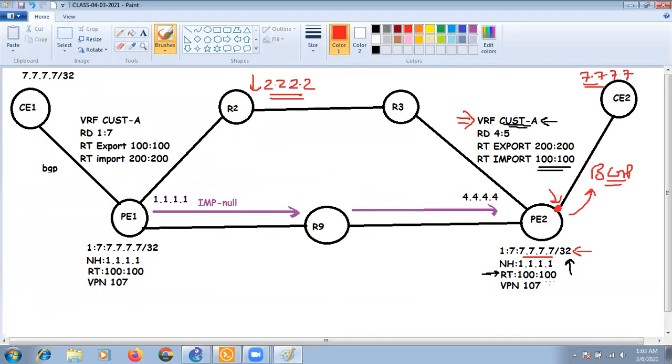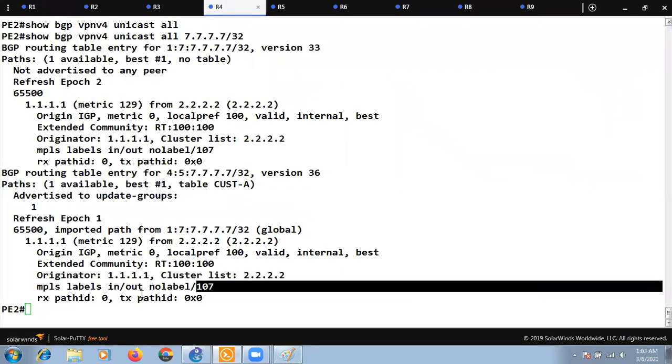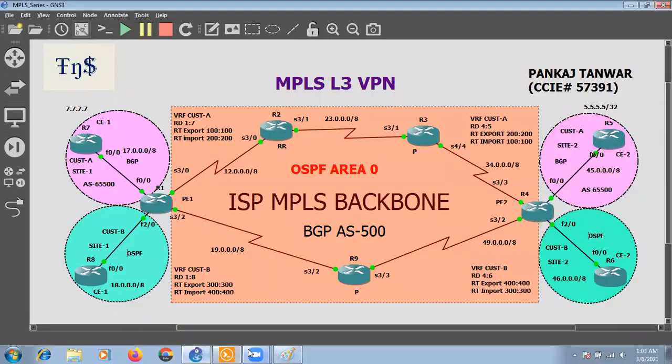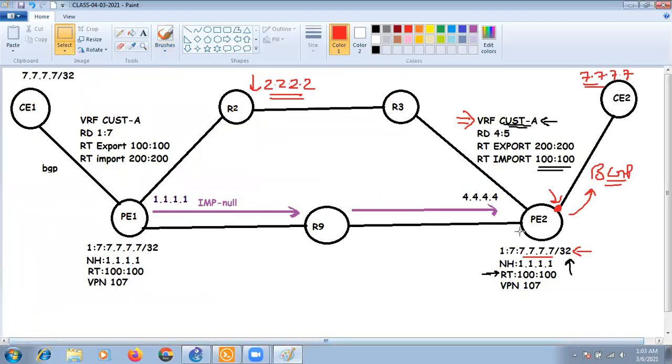Now this particular information it is going to send onto the MPLS enabled interface. Now it needs to find out what is the label number for the next hop 1.1.1.1.